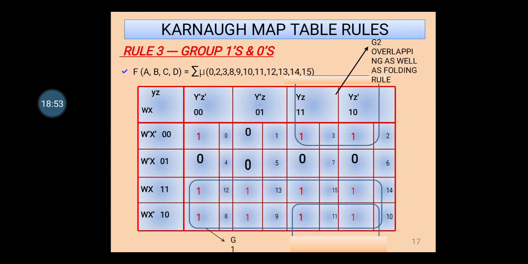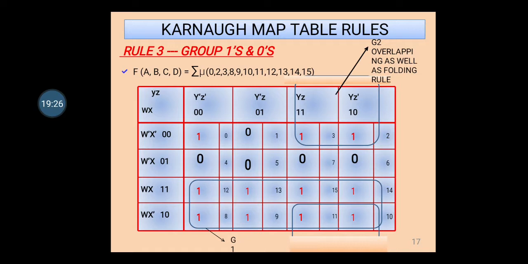One more example you can see here. The given equation is summation of m, and the cell numbers are given there. Since summation of m is there, that means it is your SOP equation. So you have to substitute ones in the given cell numbers. In the 4 input table, I've substituted all the ones and started grouping. You can check here, group 1 is 8 ones. All are adjacent, side by side, and all are neighbors to each other. And that one group is formed.